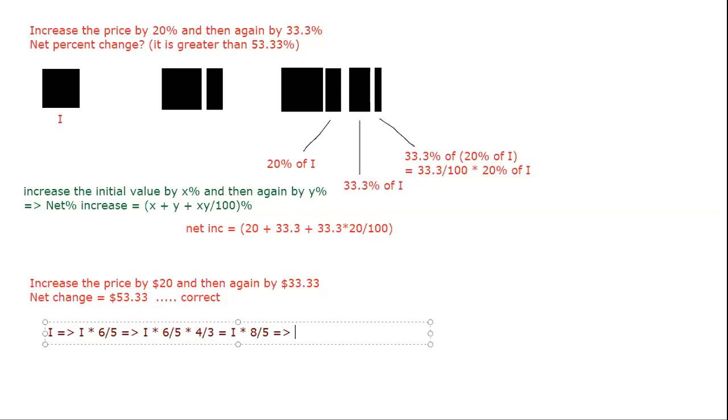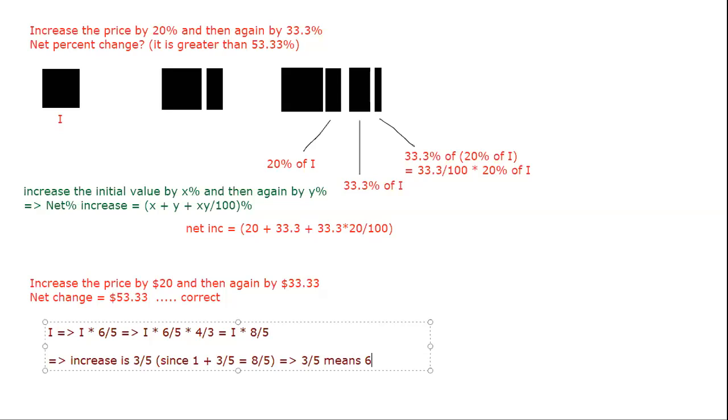So that means you can say that now once you have got this, there are two ways of proceeding. So one, you can say that the increase is 3/5, since 1 plus 3/5 is 8/5. Because when you were looking at fractions, that's what we were doing, right? 1 plus how much? And 3/5, you know,